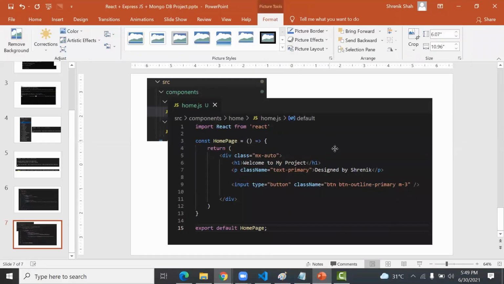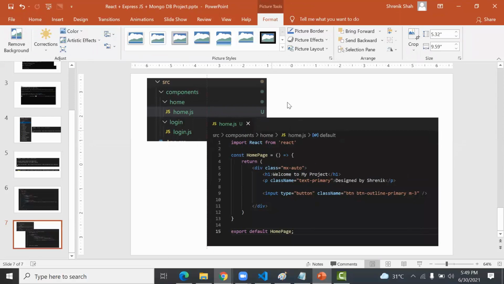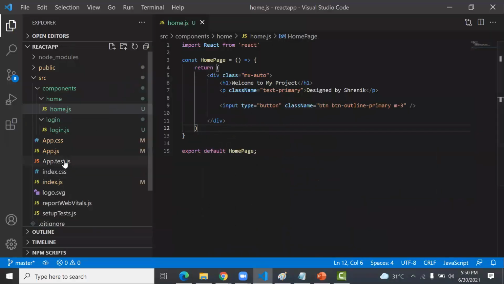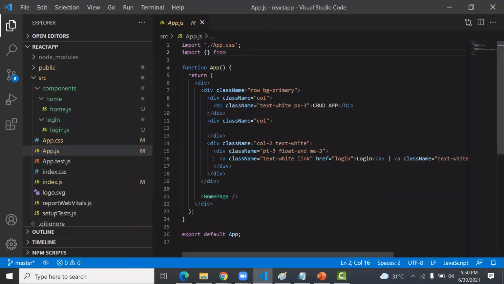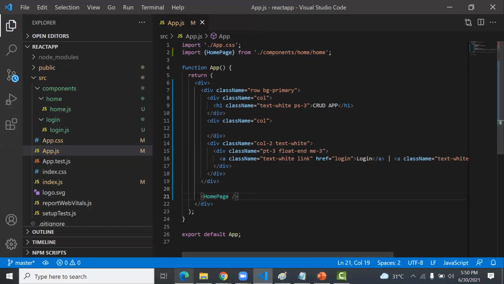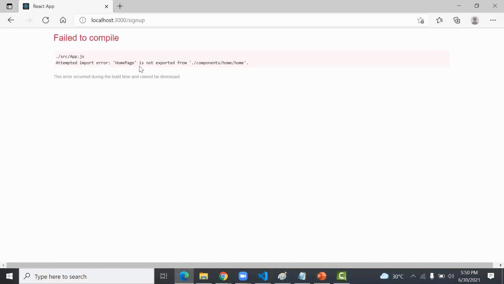So once you're ready with this code, the next part is go to app.js, and in app.js, you add homepage from components home, home like this. So you access the home page and print it on the page, and you can see one error: home page does not exist.